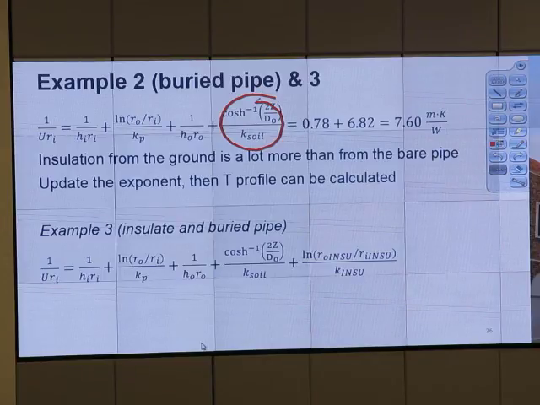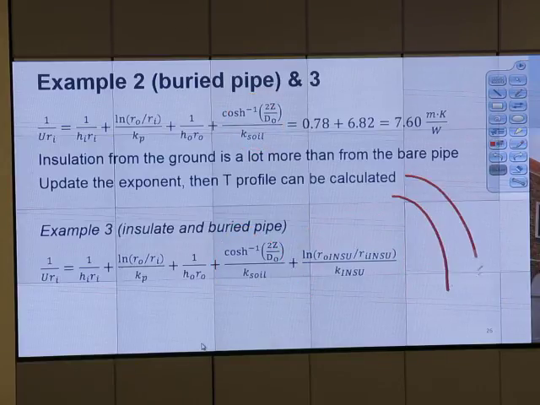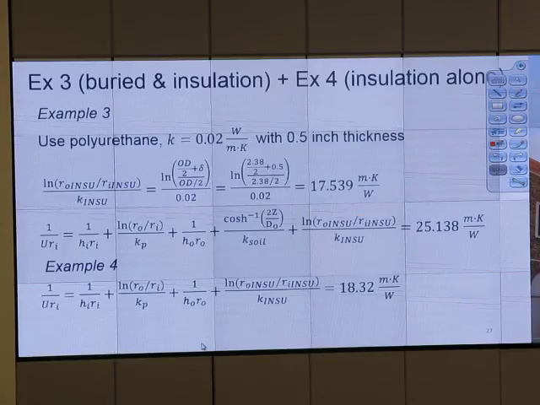Okay. Example 3, insulate and bury. So this term is for bury, and you have one more term for insulation. When you have insulation, you know that the log goes from the outer radius of that layer divided by the inner radius of that layer, and everything divided by the thermal conductivity of that layer. Put that term in. Done. So I get 25. So I do another one